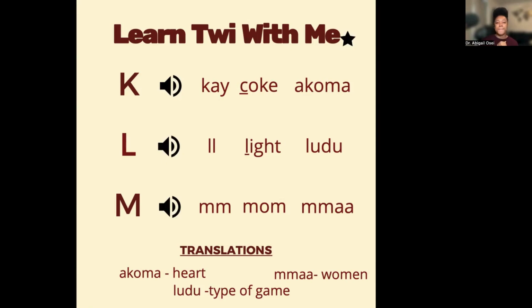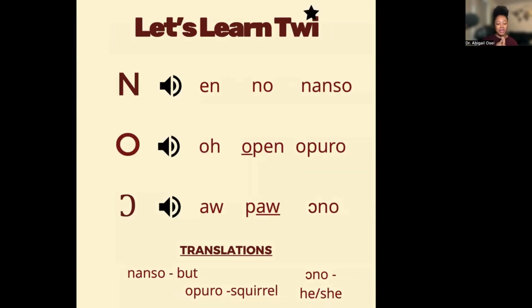So again, mirror and a quiet space. When you say the word mom very slowly, mom, it is the m in mom. Ma means women. Okay, next we have